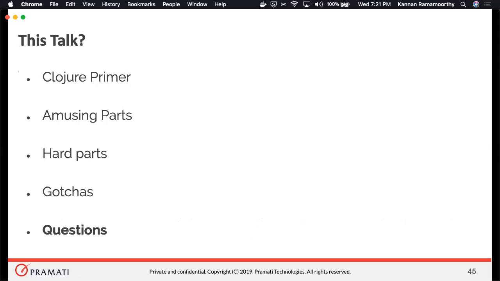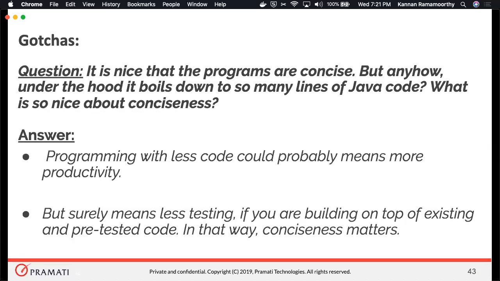Sorry? No, I wanted to ask you a question. The thing is, I accept that less code means more productivity for programming, but what about employees? Like you said you were able to do it in 90 lines of code. How many lines were there when it was 7 lines?